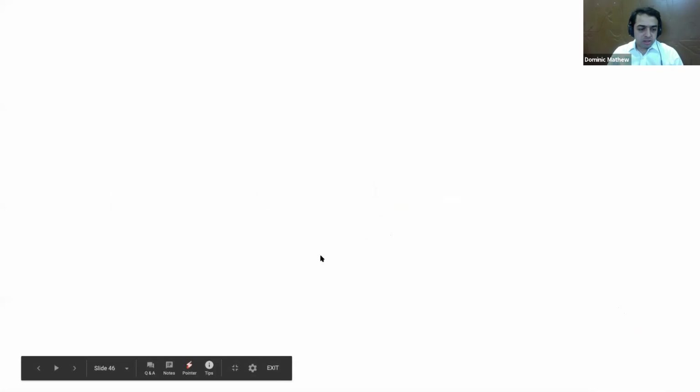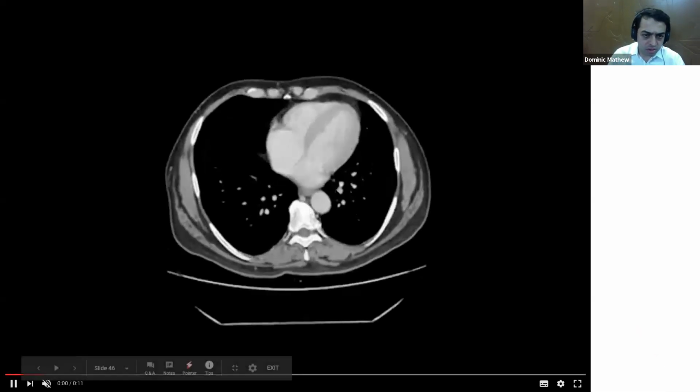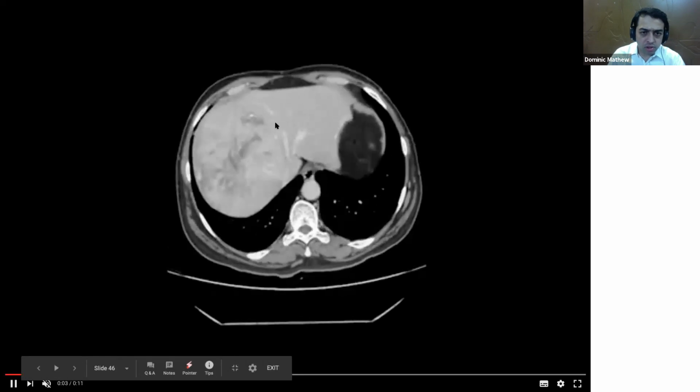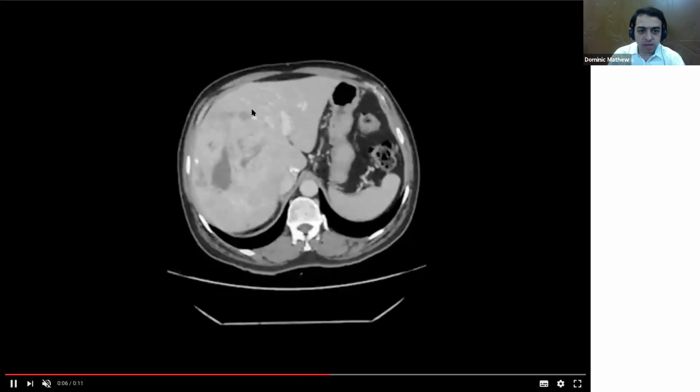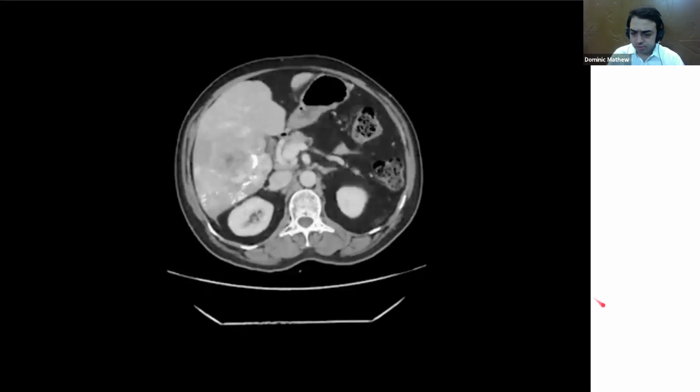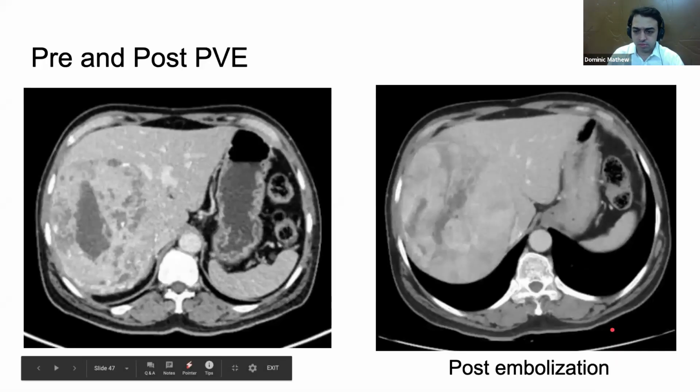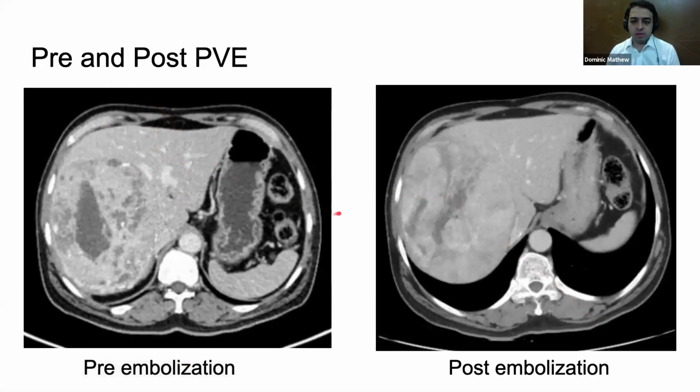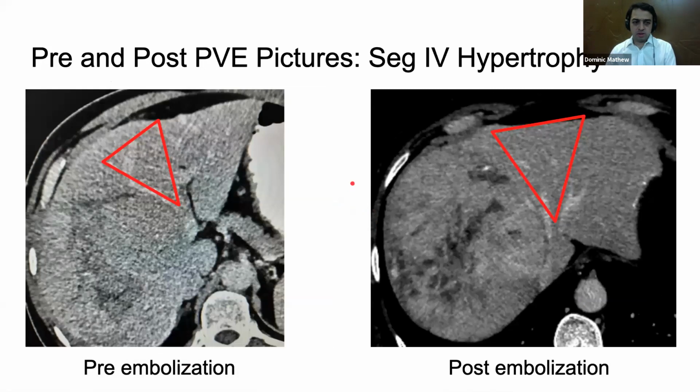Next is venous phase. You can see the MHV and the LHV. MHV is splayed and compressed, pushed to the left. Now, these are the pre and the post PV pictures. And you notice that there is just a modest degree of hypertrophy. Now, I've just put this to show that the segment 4 has actually hypertrophied. So this is one of the disadvantages when you avoid segment 4 embolization. The segment 4 actually enlarges, where what we wanted is a segment 2 and segment 3 enlargement.